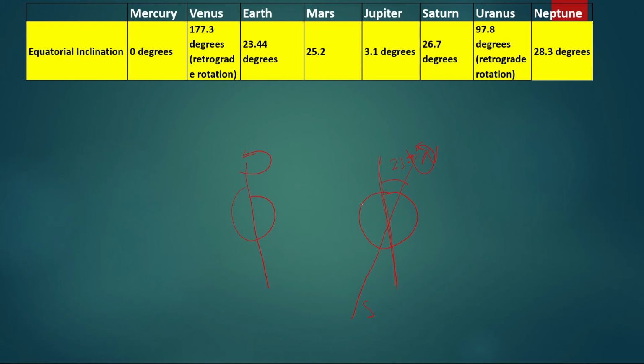You can see here the Venus north is at the center. I will just draw one again. So for Venus, this is the north pole and this is the south pole, because it is tilted by 177.3, almost 180 degrees. So it has taken a flip. This is 180 degrees. For Earth, this is only 23.4 degrees. For Uranus, you can see Uranus is rotating around this axis, because this is around 90 degrees and plus, so it is rotating like this only. So this is equatorial inclination.